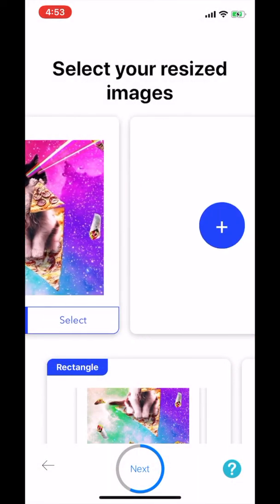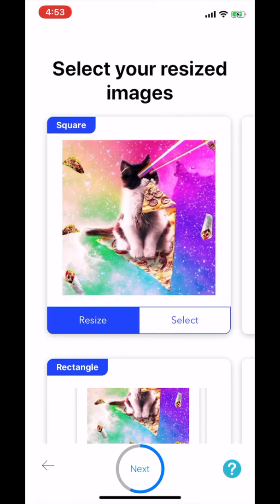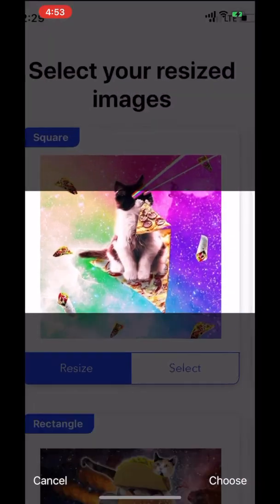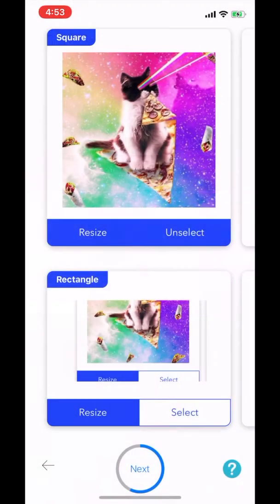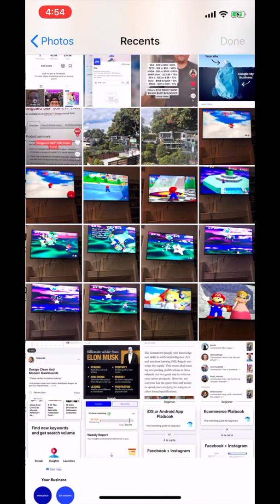And then once it's right for you, you want to make sure you hit select, or you can add more images. And once you tap select, Play will use that image in your Facebook ad campaign. And you can also choose to resize your image as rectangle, so you fit in more placements. So 2 different dimensions for you, and it's good if you can to add more than one image, because Play